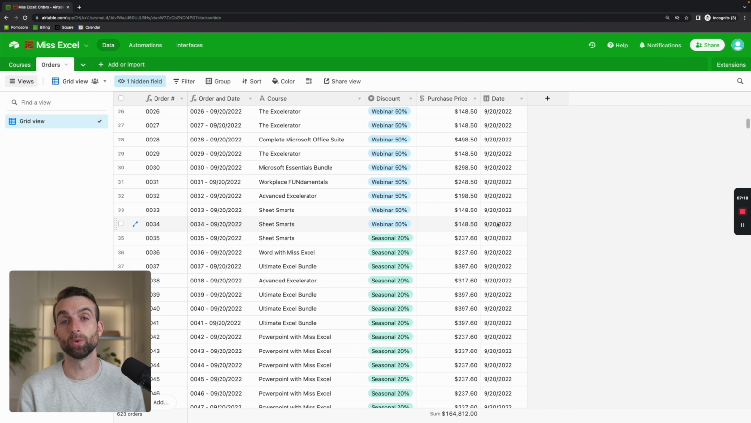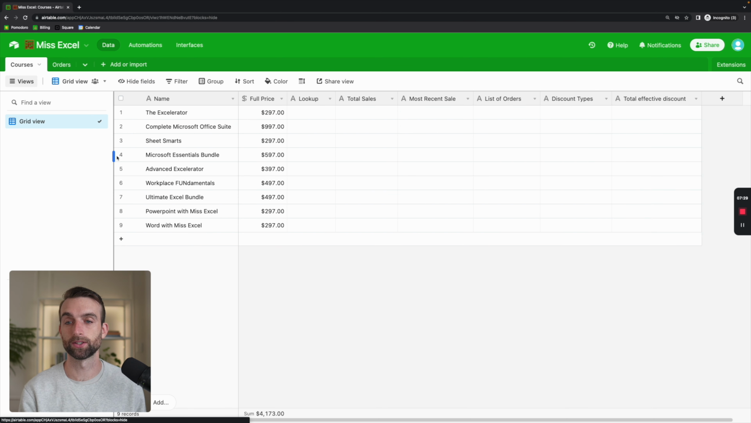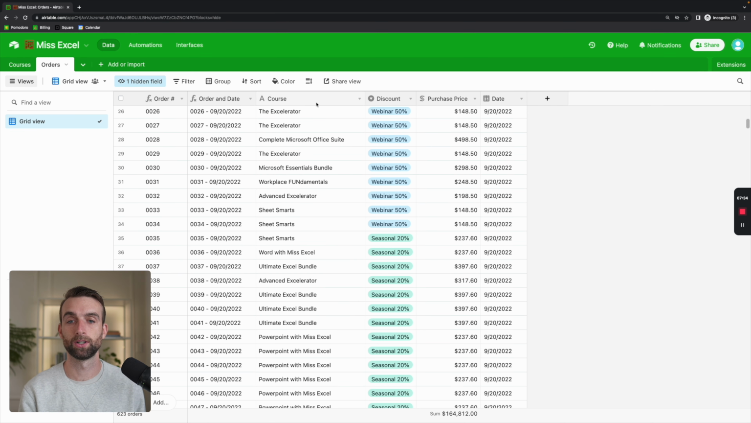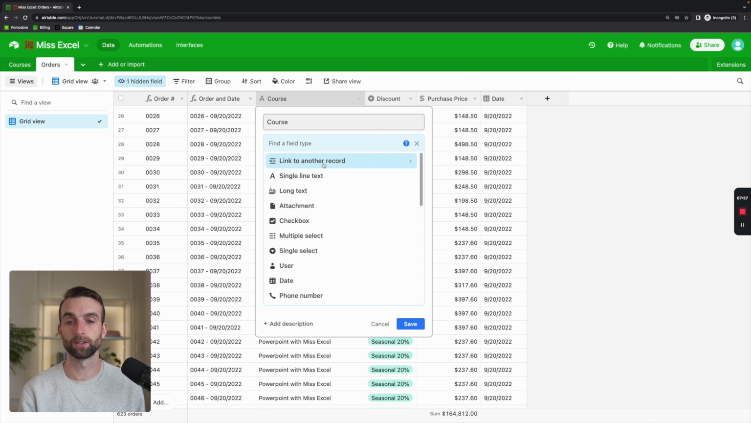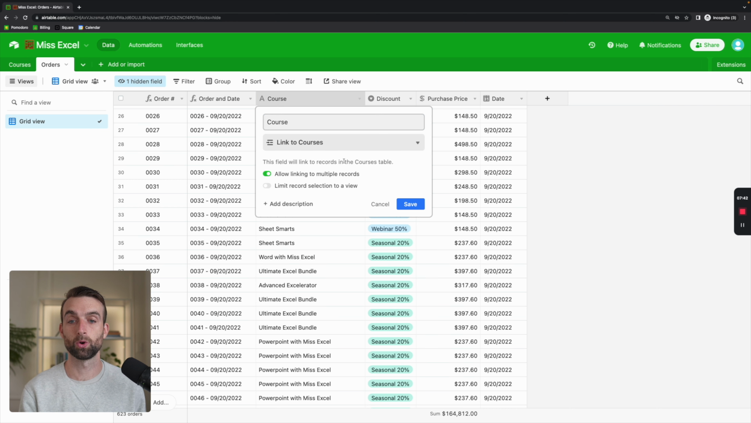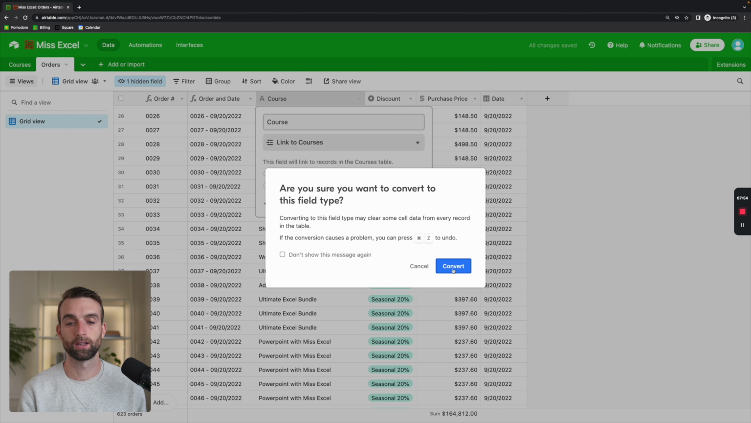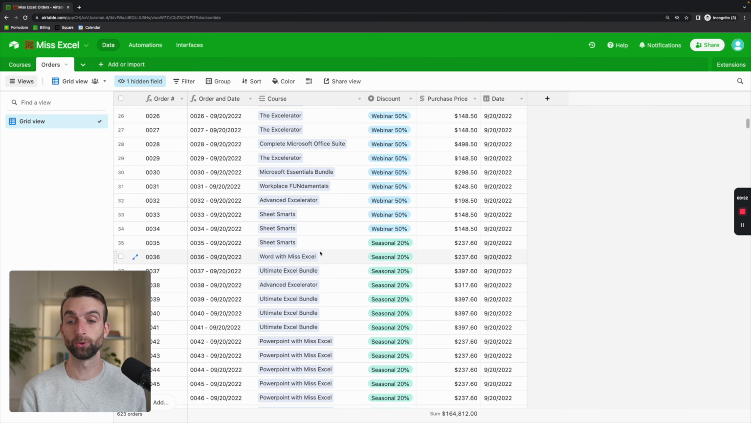And the first thing that we need to do when we create a rollup is to link the two tables together. So you can see here that the course column has all of the courses. This is the exact same name that matches the first column in this table, right? All these different courses. And so if I go back into the orders table and change the field type from a single line select to link to another record, and then I want to link to courses, I'm going to untoggle this box here because I just want to link to one record at a time, just one course per order. So I'll click save, convert, and now you can see that these all turned blue because they are linked